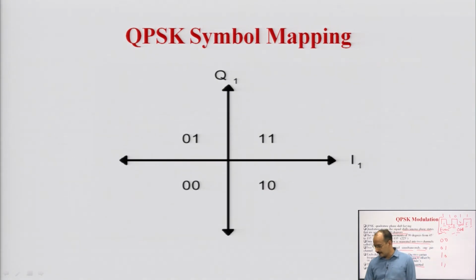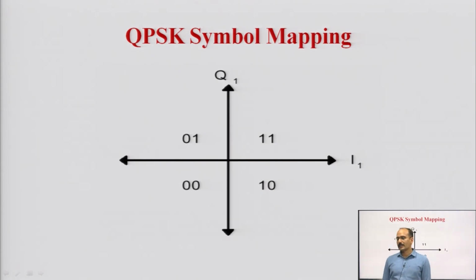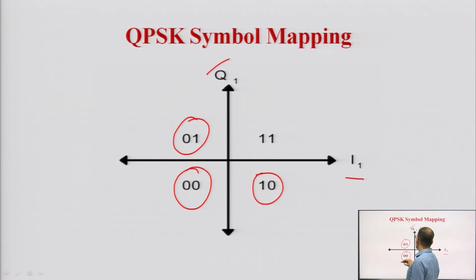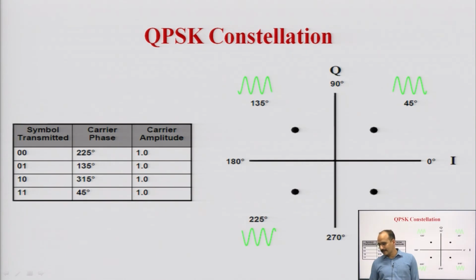So, as per this you can see here the QPSK signal mapping. This is the in-phase part, this is the quadrature part, with amplitude. These are the 4 combinations possible: 00, 10, 11 and 01. So, these are the 4 combinations. This is also giving us the quadrature information, and you can see here this is the QPSK constellation.